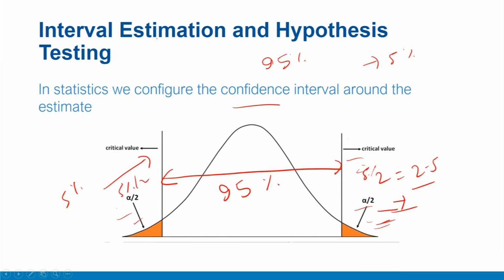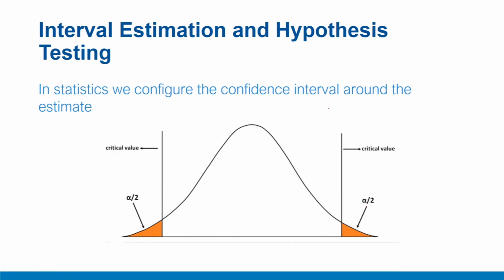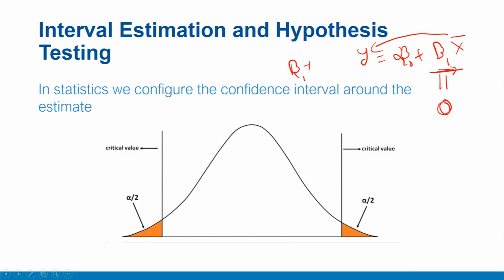Let's see how this works in the case of regression. Let us say you hypothesize the population parameter as beta 1, which means if it is a simple linear regression model, you are estimating a regression like this: beta 0 plus beta 1 into x, and you estimate a coefficient of beta 1. Now, the convention suggests you hypothesize beta 1 to be 0, which has a practical implication that if beta 1 is 0, x, our variable of interest, has no impact on y. This is how the convention works. So you start with the hypothesis that beta 1 is 0, or your true population parameter is 0, which means x does not affect y.